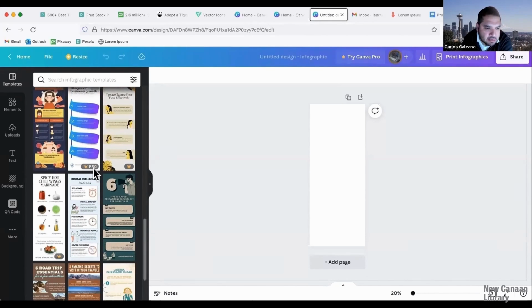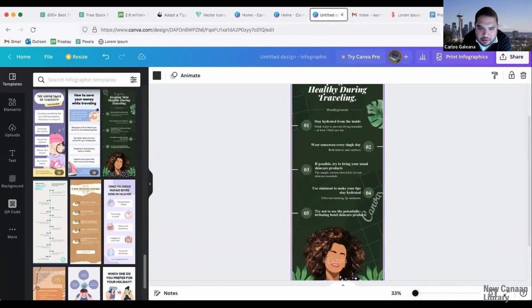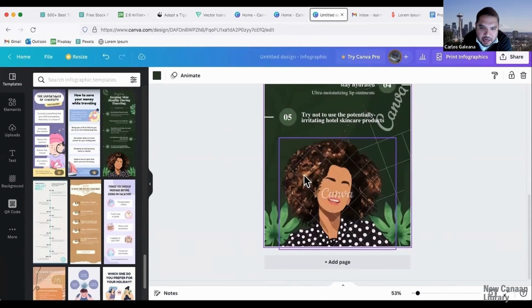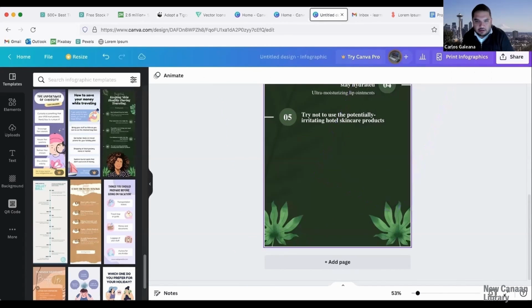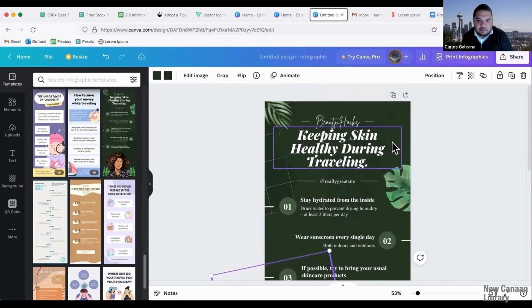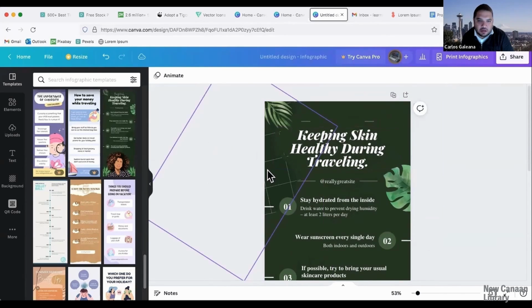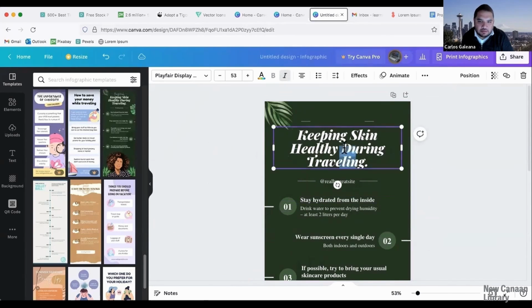Here are some templates, some suggestions, and you can see that there's a lot going on here. So I'm going to zoom in. This one looks like it's focused on skincare, and there's a person there. I can just click on it and then delete it. Templates, I use them as guides for me, but I usually just work on projects on my own, and I'm just clicking on them and deleting them.